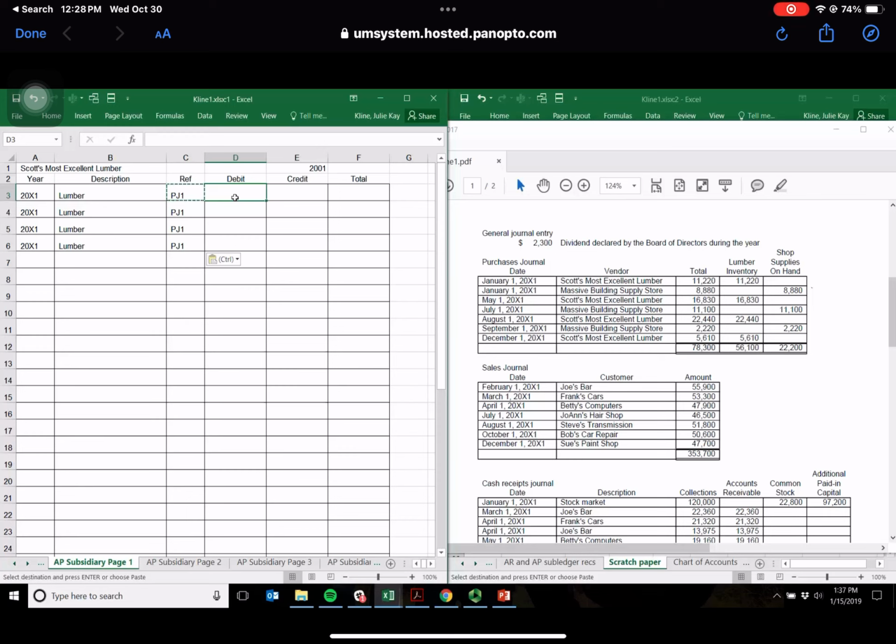And this is your AP ledger. So that means you're going to be running a balance. So you have 11,220. You have 16,830, 22,440, 5610. So your numbers are going to be different. In total,